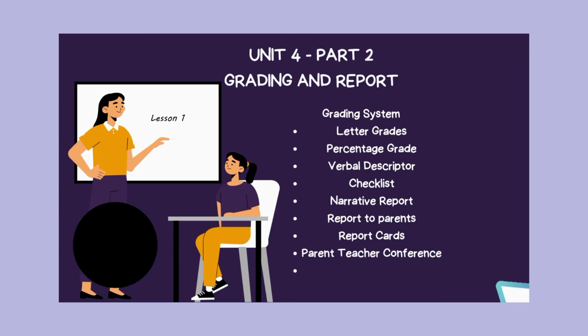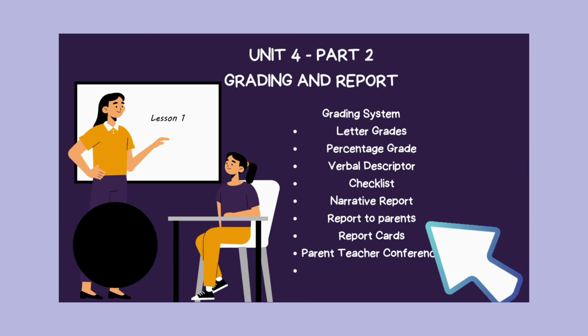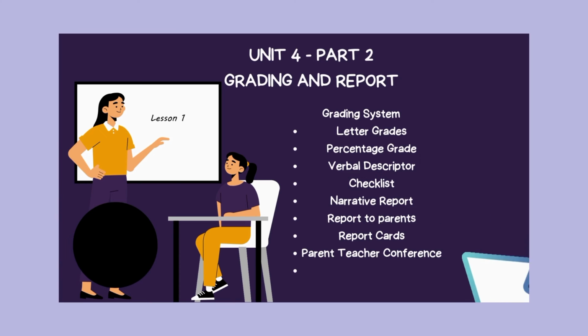An example of a grading system is first letter grades, which use a letter scale instead of numbers, and percentage grade that uses a percentage scale like averaging and cumulative percentage. The verbal descriptor checklist examines the presence and absence of elements in performance. Narrative reports are written reports that assess the student's achievements, report to parents, and report